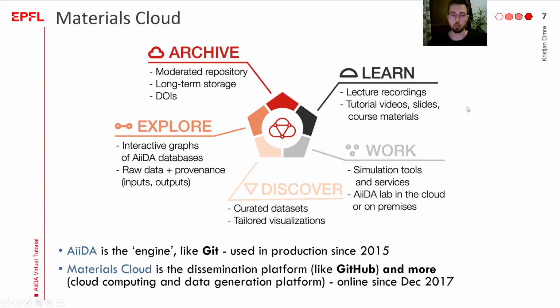So Materials Cloud consists of 5 different sections: Learn, Work, Discover, Explore, and Archive. And before I delve into each of these sections, I want to make an analogy with Git and GitHub. So think of AiiDA as the engine. So you would use AiiDA on your local machine to run many calculations. You will have all of the data and all of the provenance on your local machine,